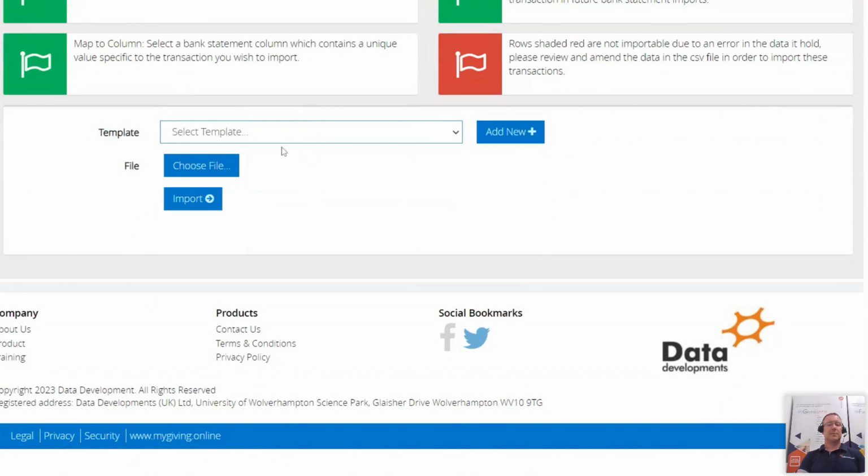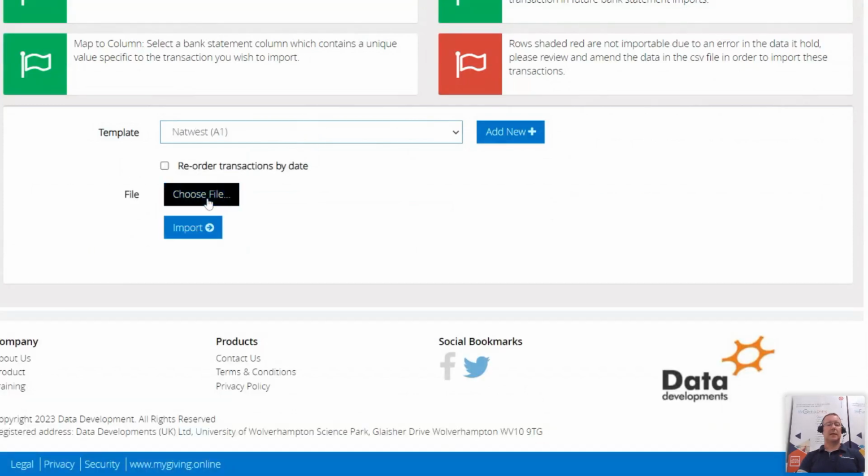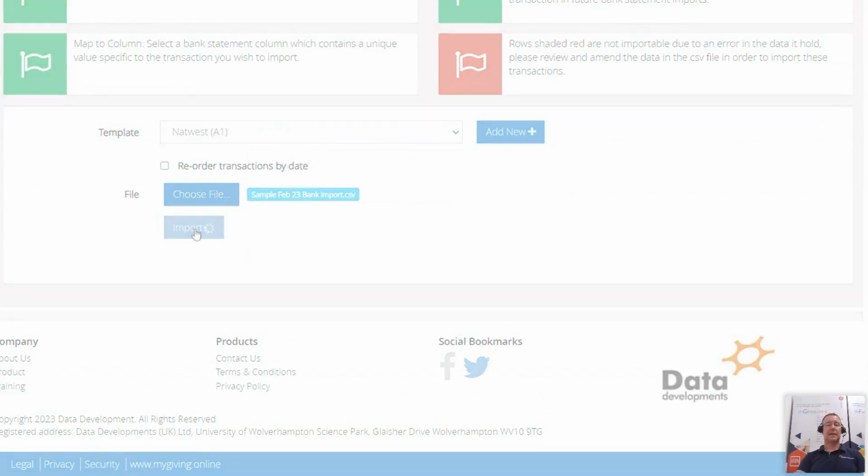I've got one already set up, so I'm going to pick that and then click on choose file. So whichever file you've downloaded, let's say I've got the February 23 bank import, and then click import. Now it takes about 30 to 40 seconds because what we're actually going through at that moment is